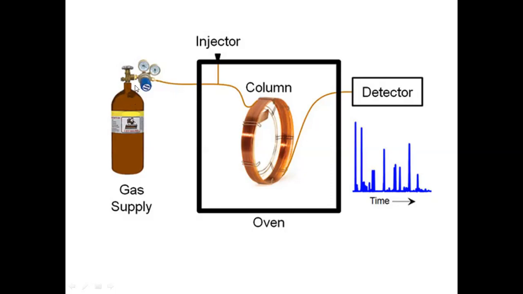The adjustment of the pressure is done by this flow regulator. The meter will show you the pressure that has been adjusted. So the mobile phase will move at the adjusted flow rate towards the chromatographic column. This is connected to the column, also to the injection port. The mobile phase will carry the solute molecules after the introduction of the sample at the head of the chromatographic column, and inside, the separation process takes place. Once the separation is over, the solute molecules reach the detector one by one. Then the detector will amplify the signal by measuring some property of the analyte, and the chromatograms will be obtained.